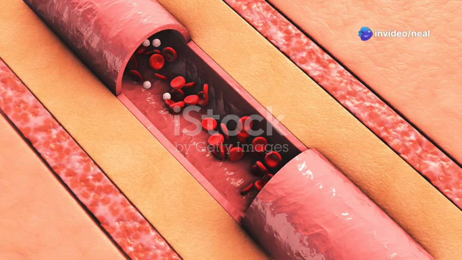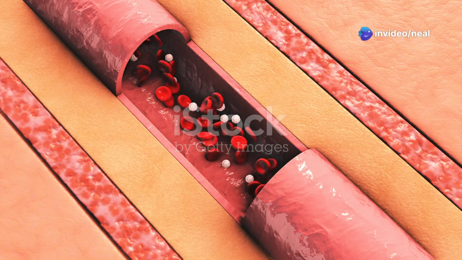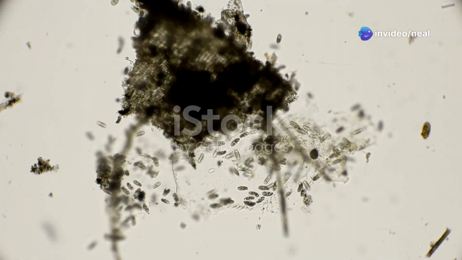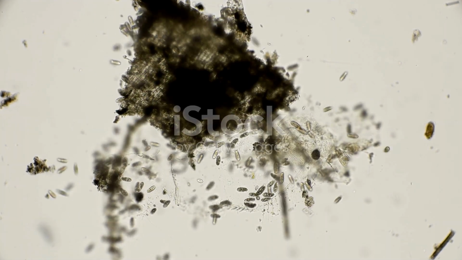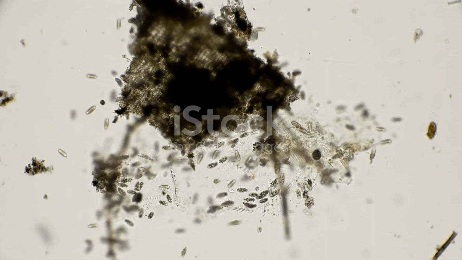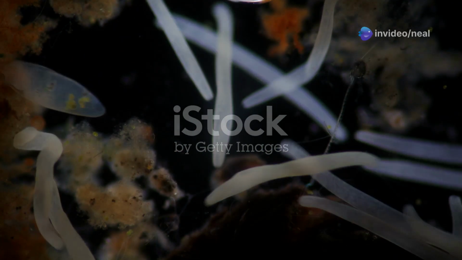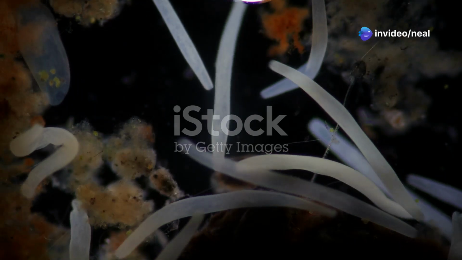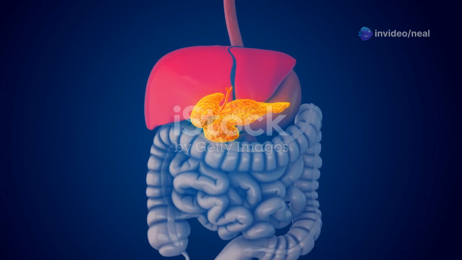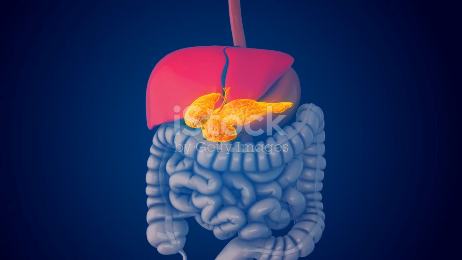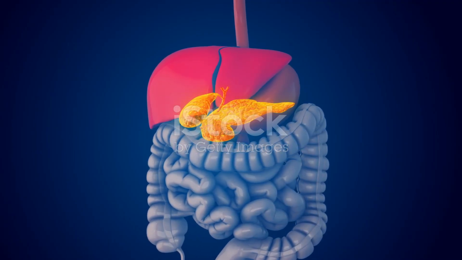Now let's talk about the human digestive system. It breaks down food into smaller parts so the body can absorb nutrients. The pathway of digestion includes the mouth, esophagus, stomach, small intestine, large intestine, rectum, and anus. Each part plays a vital role, from chewing and mixing food with saliva to absorbing nutrients and expelling waste. Enzymes like salivary amylase, pepsin, bile, and pancreatic enzymes are crucial as they speed up digestion without being used up,